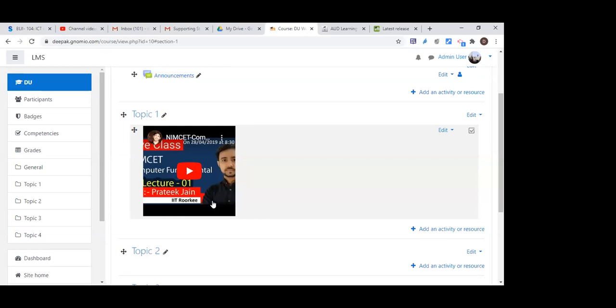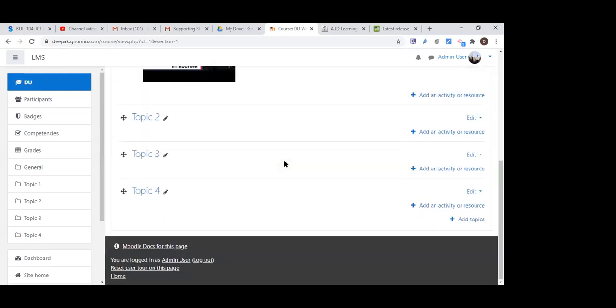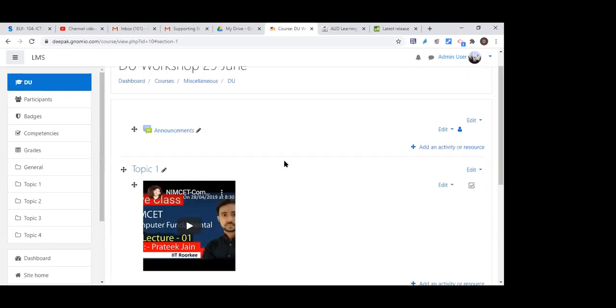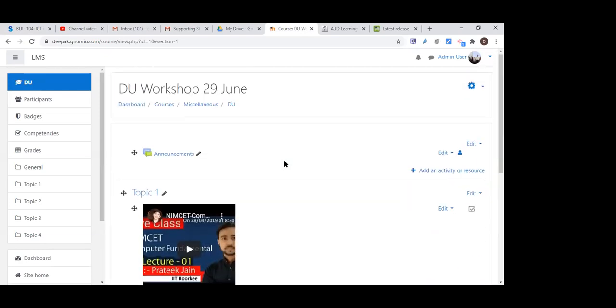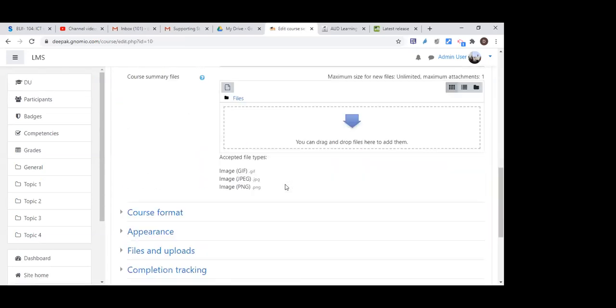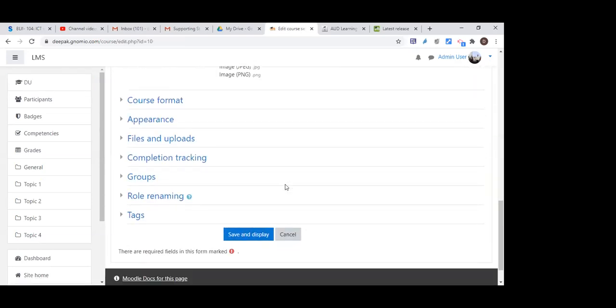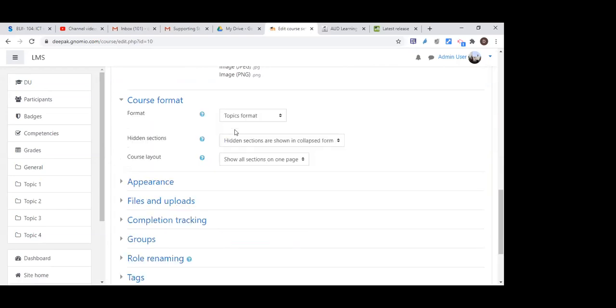How can we add a topic? When you are creating the course, go inside the course. When you create a new course, here is the option. Just look at the screen, course format. When you create a new course in Moodle, here is the format option. The format by default is topic, or otherwise weekly format. You can pick social or single activity.